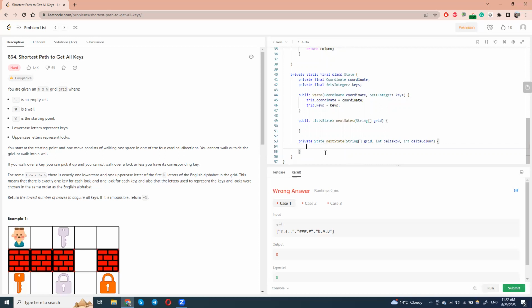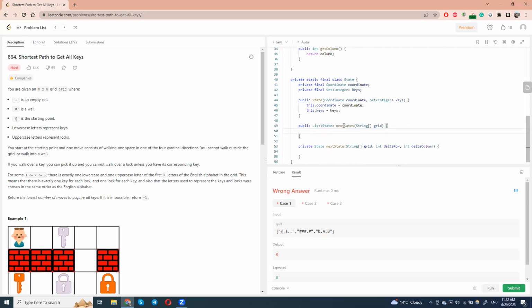So first of all, let's see. Our idea is that if the move is possible, we will return a corresponding state. And if it's not possible, we will return null. And then we will call this next state method 4 times here. And we will filter all of the nulls. And then we will just return it. So the code speaks better than the words. So let's see. I'm going to do return